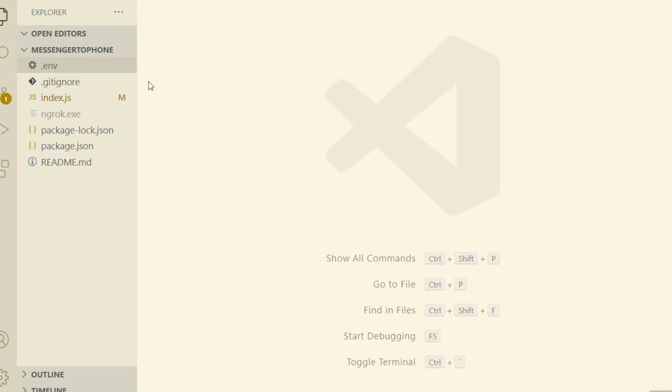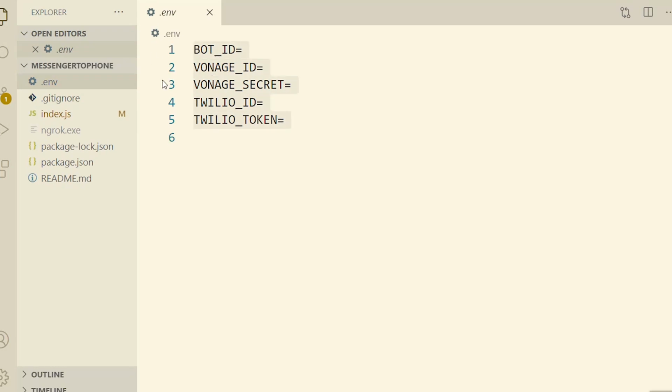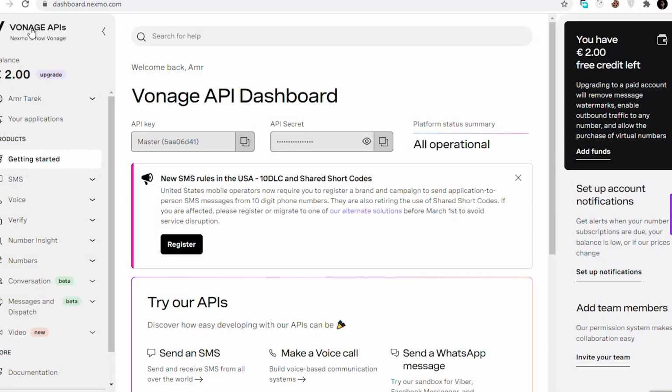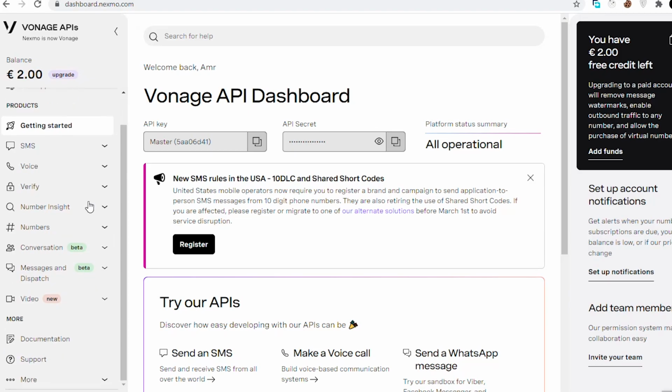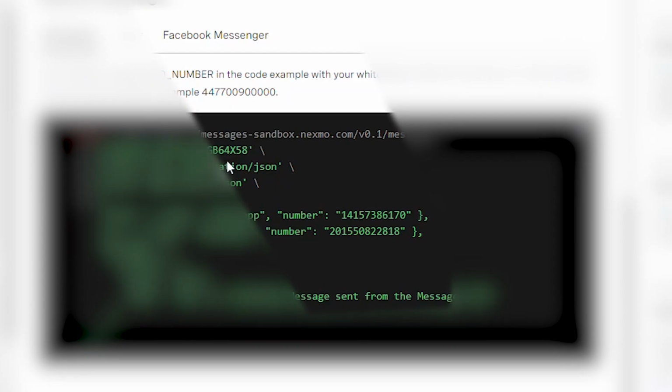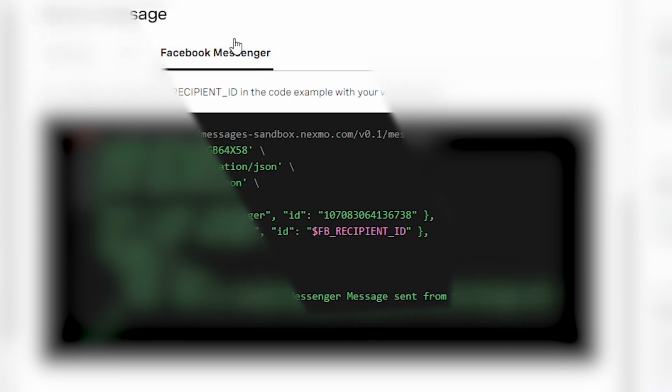After opening the folder in Visual Studio Code, go to the .env file. We will fill out these environment variables. The first 3 environment variables, we can get from Vonage API. In the dashboard of Vonage API, you will find the key and secret, Vonage ID and Vonage secret. Then go to Messages and Dispatch and Sandbox. Go to the end of the page, choose Facebook Messenger. You will find here the ID of the bot.